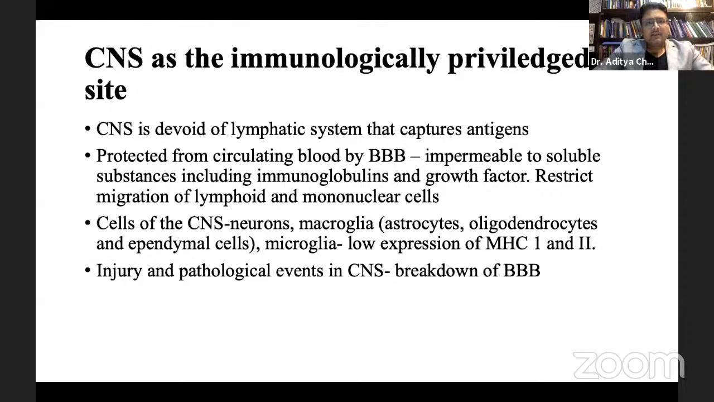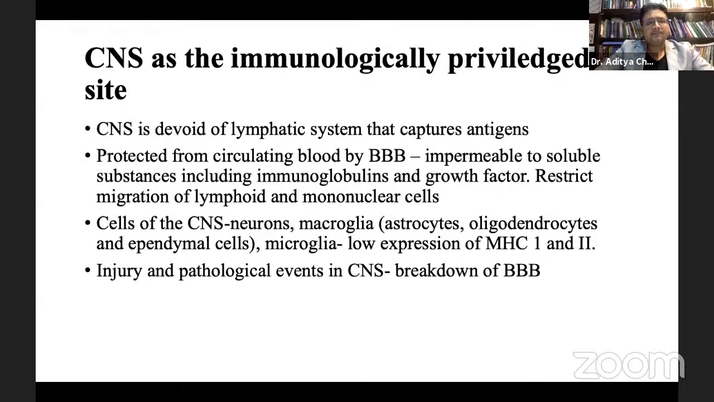The central nervous system is actually an immunologically privileged site, and it behaves differently from all the other organs present in a body. Why so? Once we try to find out, the reasons are that it is devoid of any lymphatic system that captures the antigens, just like in the peripheral blood. It is protected from the circulating blood by the blood-brain barrier, and it is permeable to soluble substances, including immunoglobulins